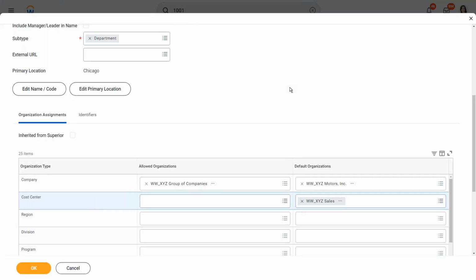You cannot go outside that. You cannot select an A, B, C company, because it is not allowed. The default organization is the most commonly used organization. Got it? Right. So it's the most commonly used. But if you have specified an allowed organization, then the default organization has to be part of the allowed organizations,